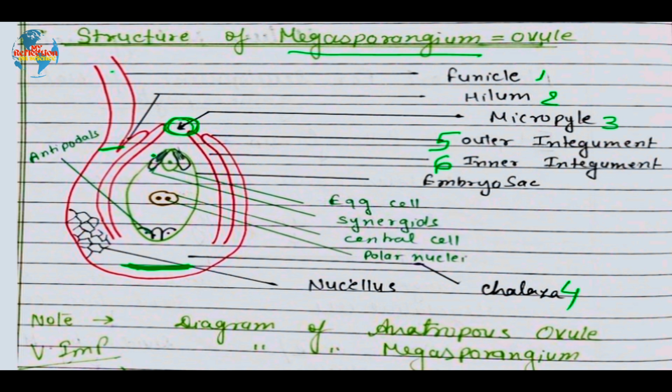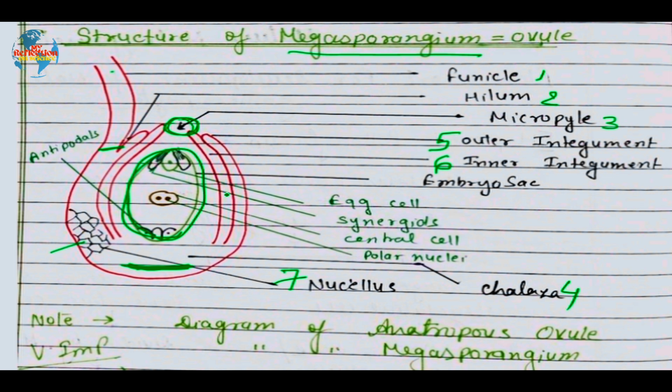Now, inside this ovule, a mass of diploid cells is present, which is called nucellus. This mass of diploid cells, where megasporogenesis actually takes place, is called nucellus. In the nucellus, one cell will become larger in size and will initiate megasporogenesis, which we will discuss after some time. Now, the structure present inside the ovule, which is 7-celled, 8-nucleated, how it develops, we will discuss in the development of female gametophyte.